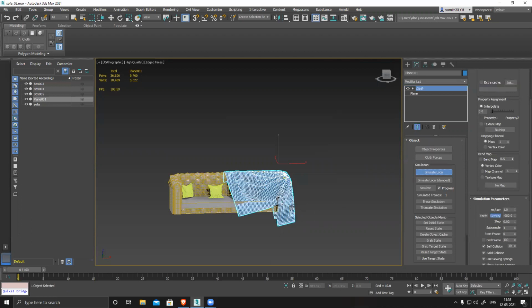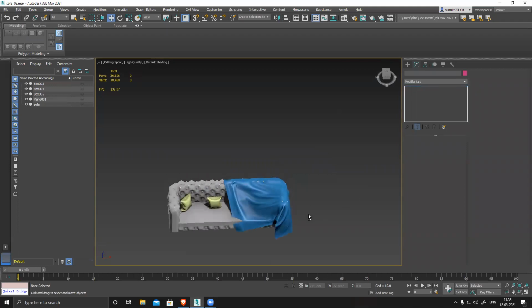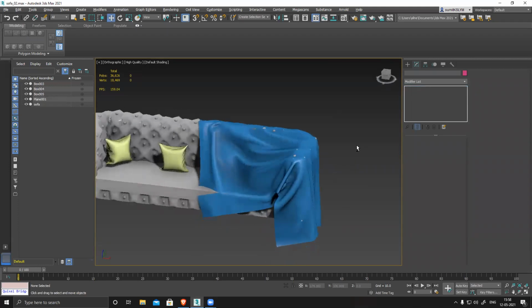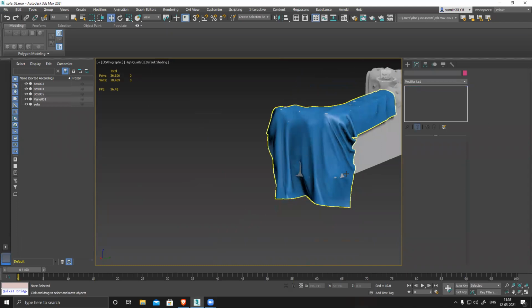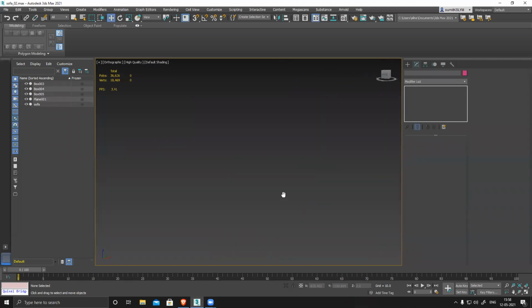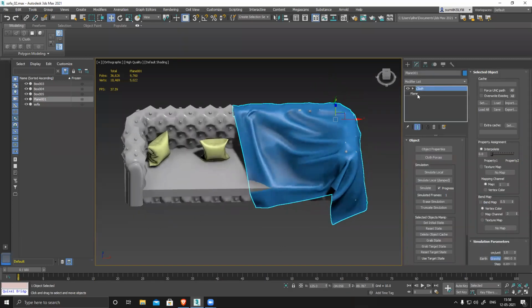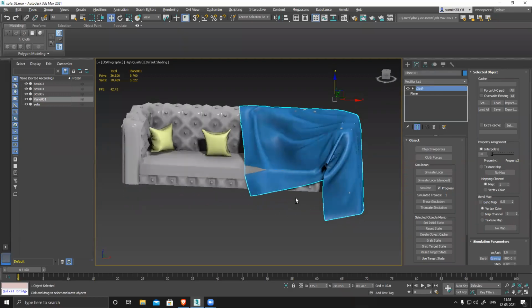There is no floating, that's why it keeps falling continuously. It gives you very nice folds, and there might be a little bit of intersection, which I can fix manually by moving it. If I want to modify, I can apply an edit poly, select these vertices, and pull them outside to make it really clean and smooth.